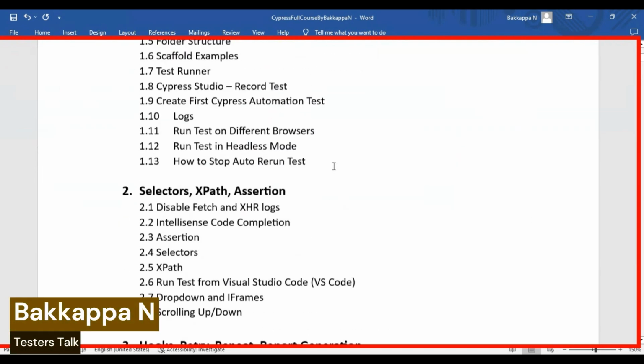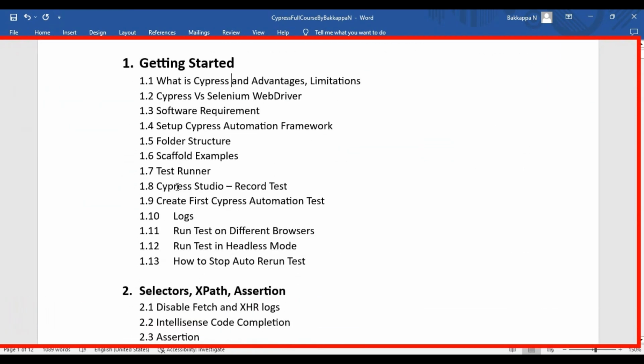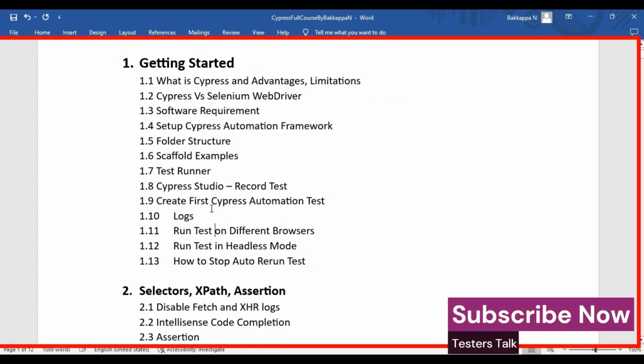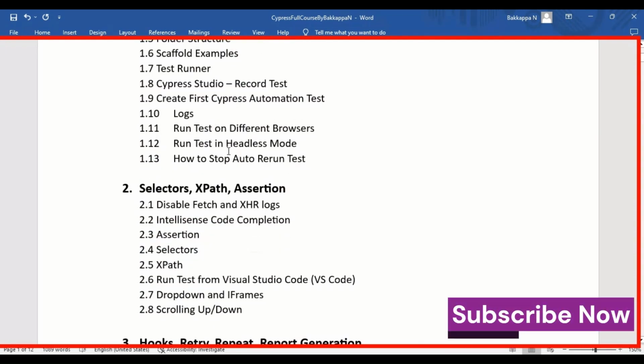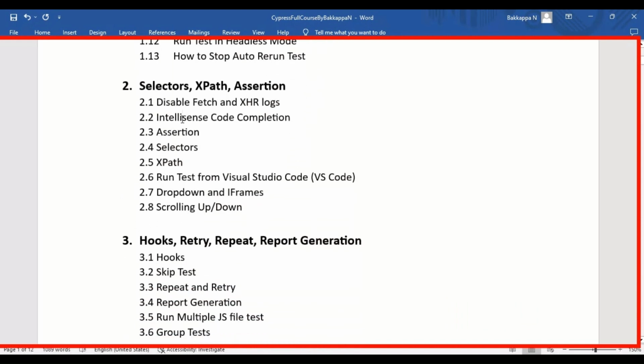So far you have seen how to get started with Cypress and how to use the Cypress Studio to record and playback the automation test. And you have seen how to create the first Cypress automation test, how to create the logs, how to run your test on the different browsers, and how to run your test in the headless mode. And also you have seen how to use the IntelliSense autocode completion, and you have seen how to write the